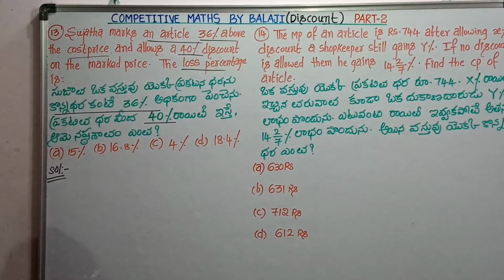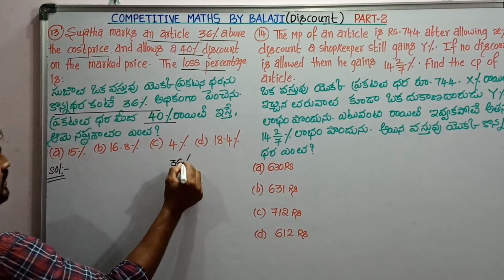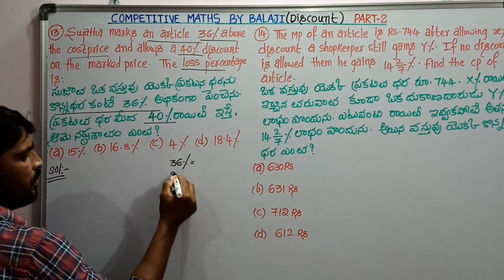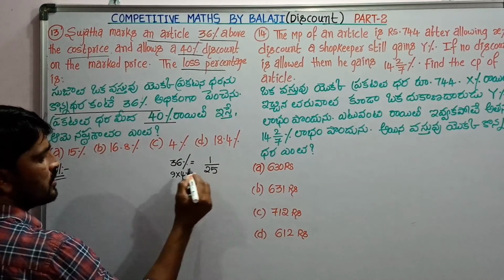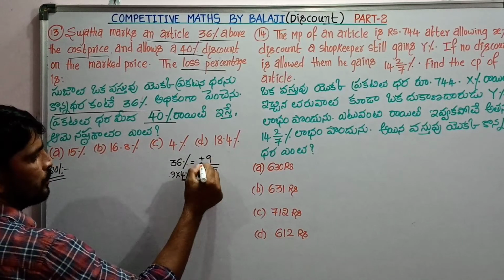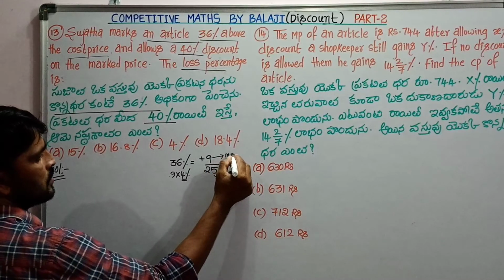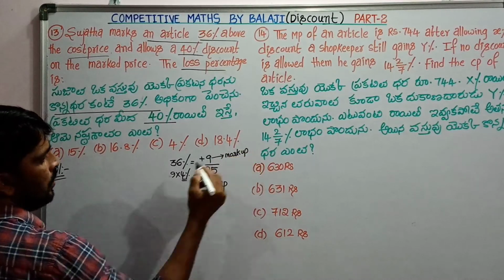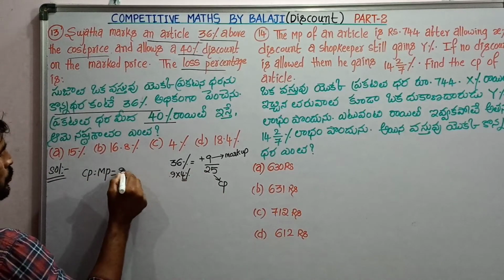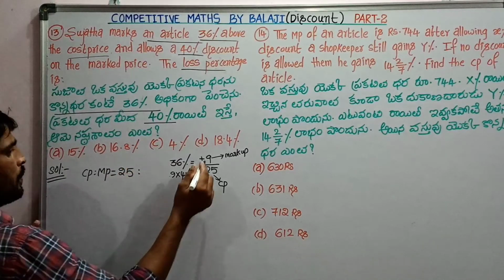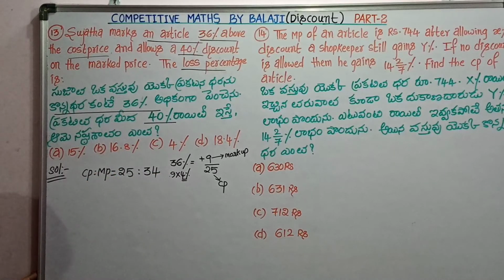Let us see it by ratio method. Since markup percent is 36%, this can be written as 9 times of 4%. 4% fraction value is 1 by 25. Since it is 9 times, so it is 9 by 25. Markup is always allowed on cost price. Then markup is 9 units. Consider the ratio of cost price to market price. If cost price is 25 units, then we mark up 9 units more on cost price 25. So market price is 34 units.